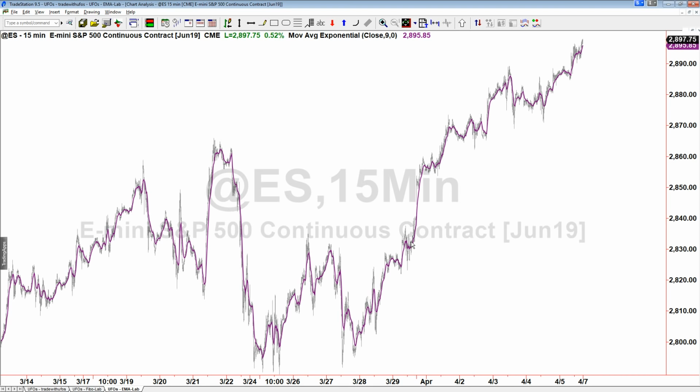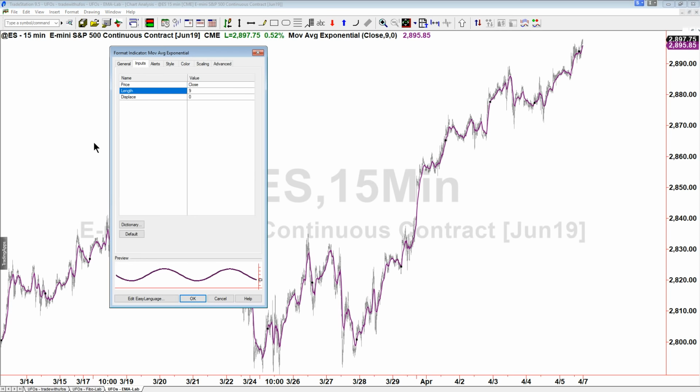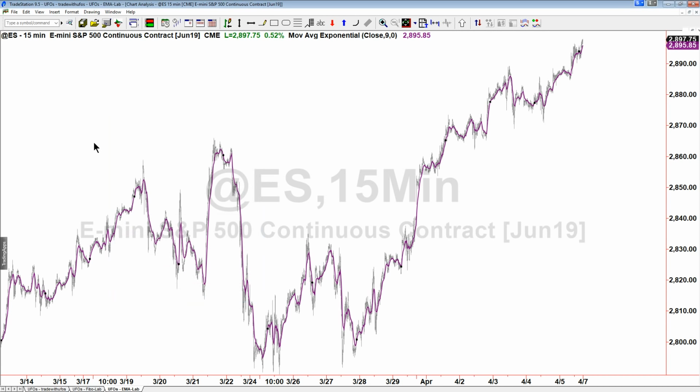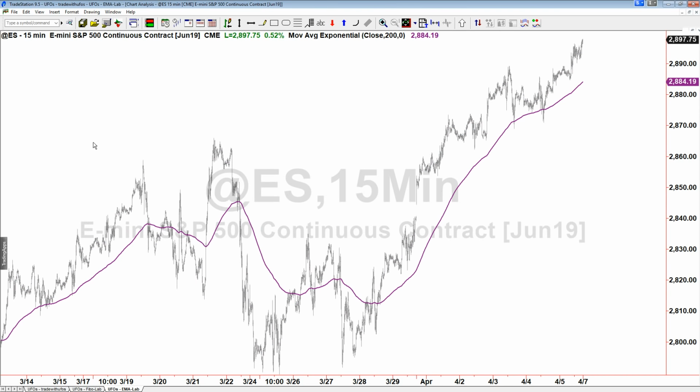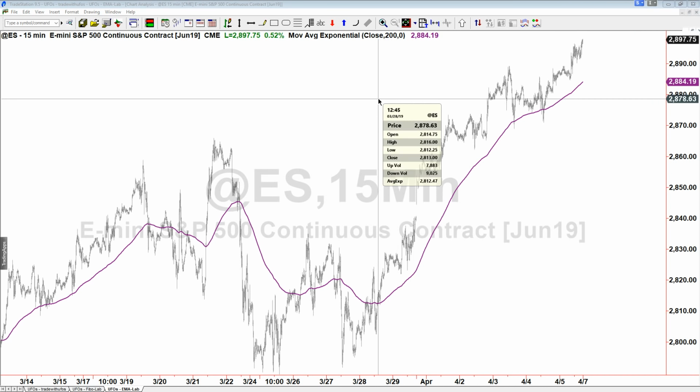What happens if I make this line to be 200? Well, if I make this line to be 200, then price is going to be away from that line. And here it bounced from the line. Here it bounced from the line. But basically, here again in 329 or 328, it bounced from the line too.